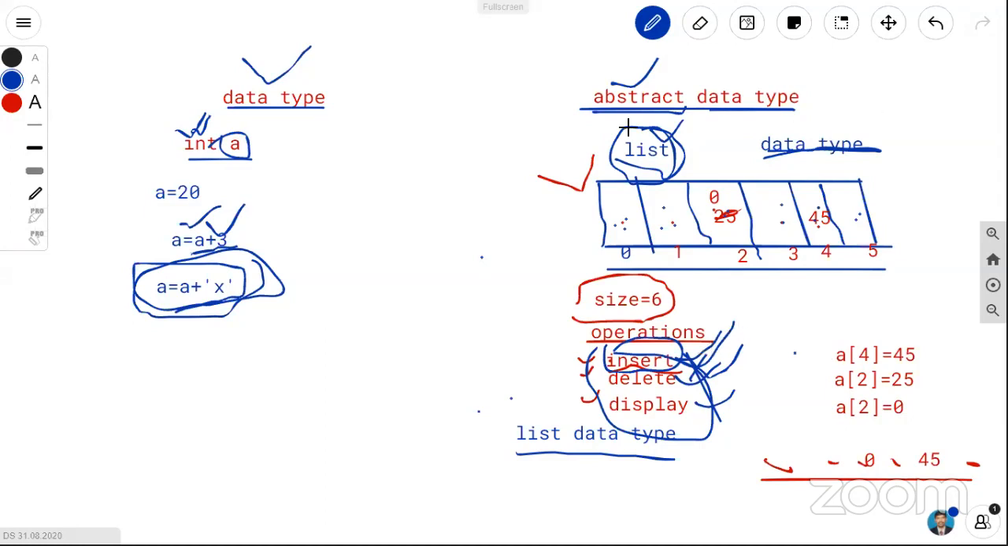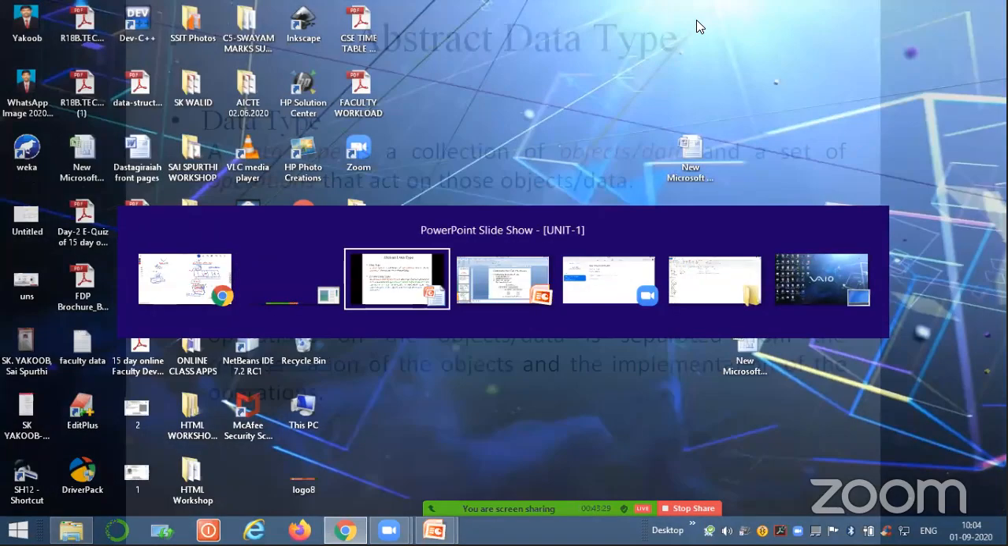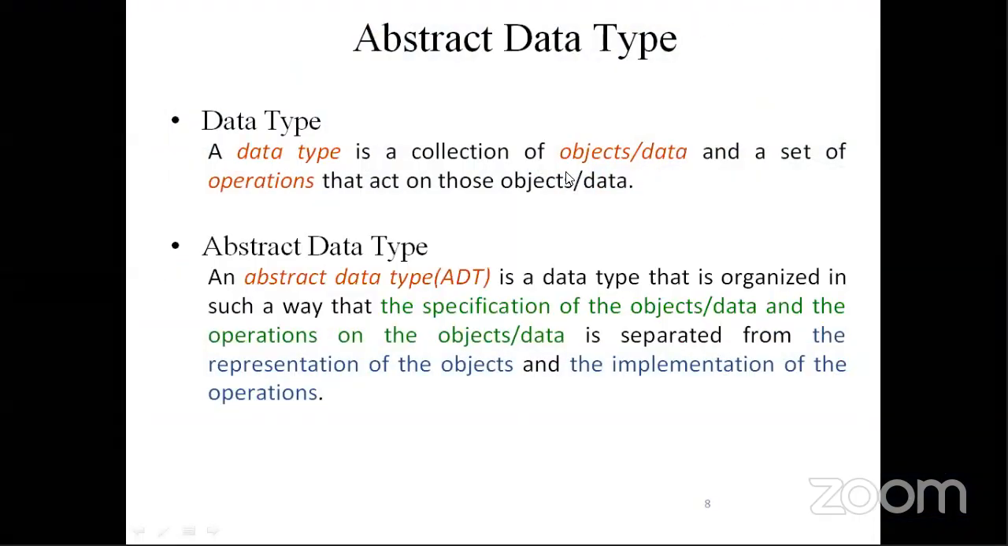It means that we are just giving the overview about the particular data type here. So that's why it is called an abstract data type. That is the major difference between data type and abstract data type. If you observe the definition, both will be the same, but in the name itself there is a difference. Just observe here,